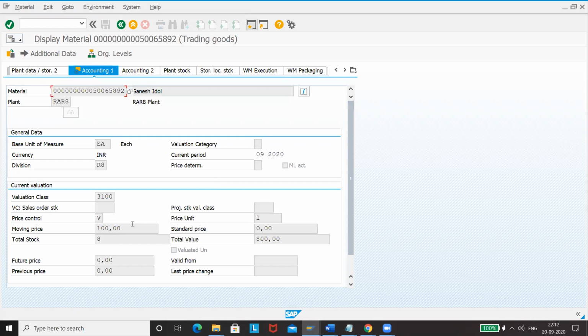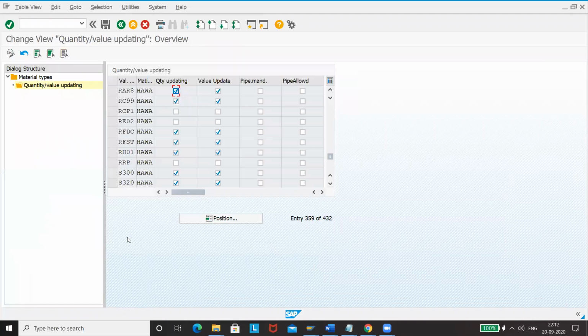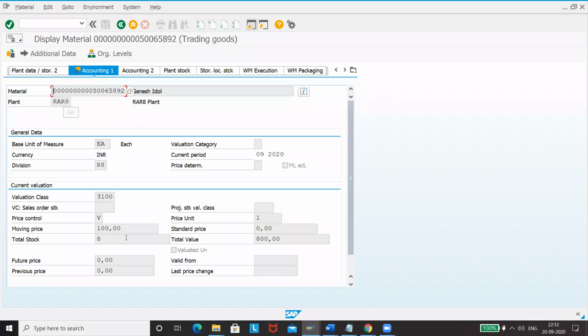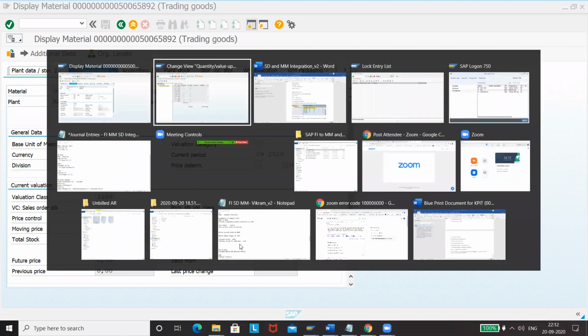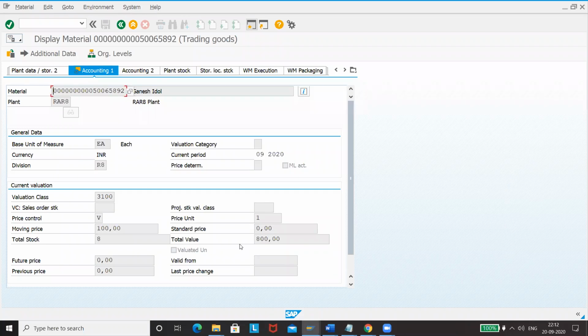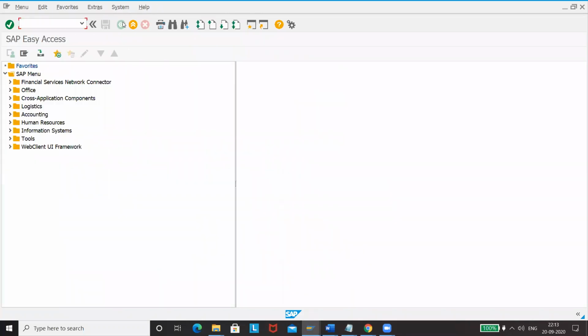And so in order to give this flexibility, we always go here and maintain these two settings. This is very much important. If you maintain, then it would be easy for you to come up with these things. Otherwise, there is one more transaction code as well. Whenever you want to check the available stock, you will then have to go to MMBE transaction code.